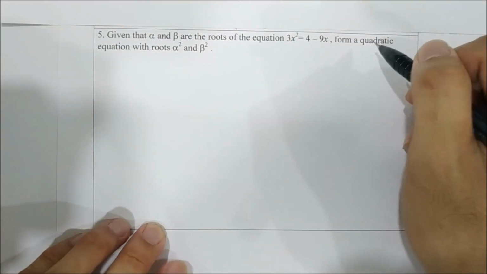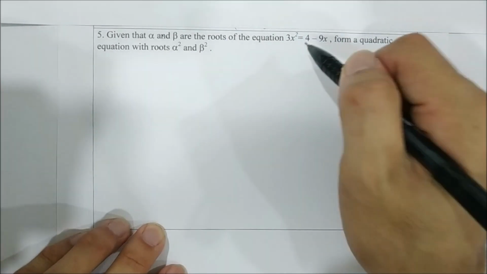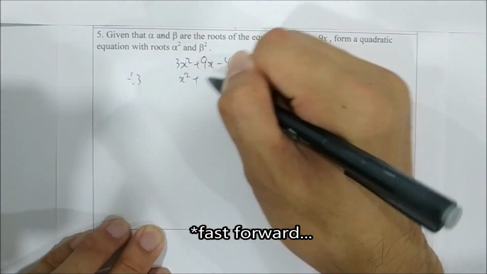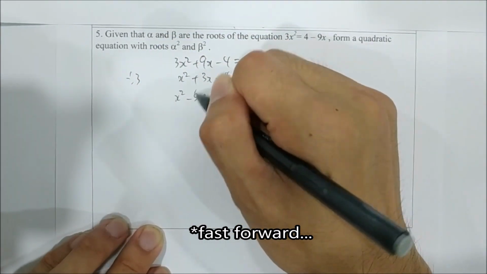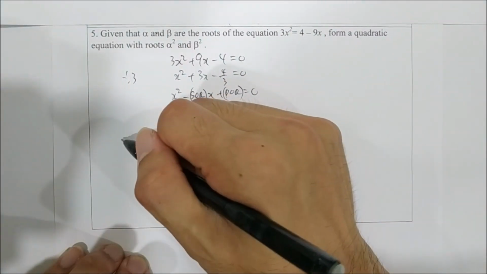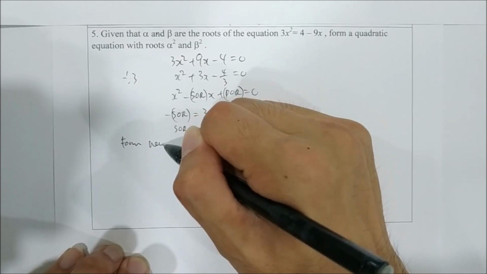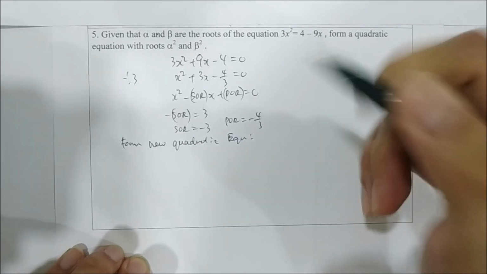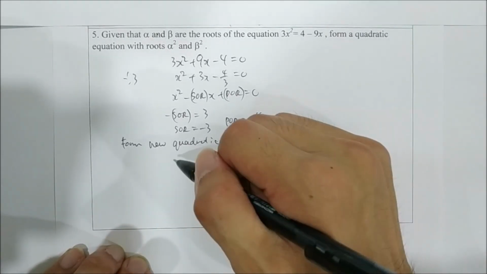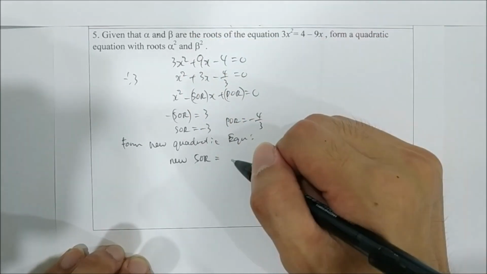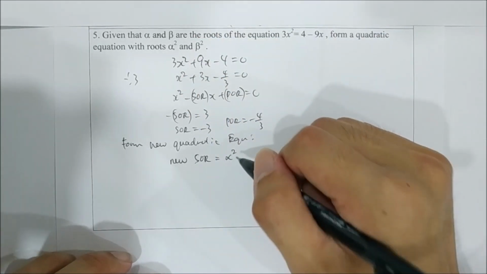Given that alpha and beta are the roots of the equation of this, form a quadratic equation with the new roots. So first we write this in the general form, which is... now we form the new quadratic equation using the new SOR and new POR. So the new SOR is equals to alpha squared